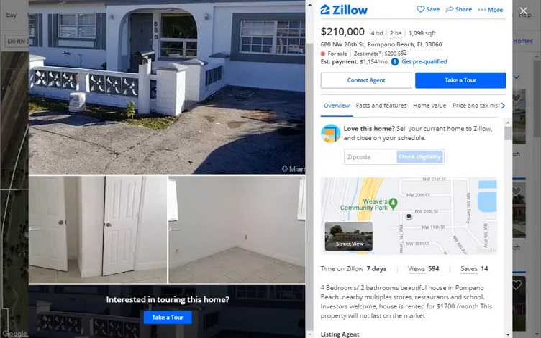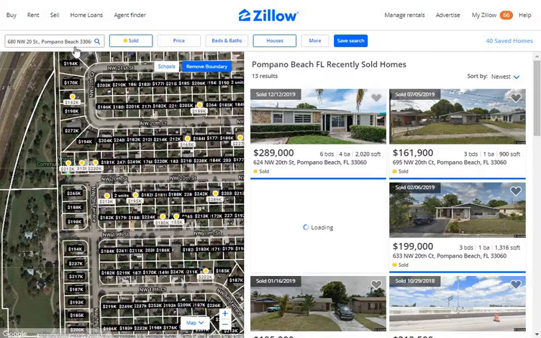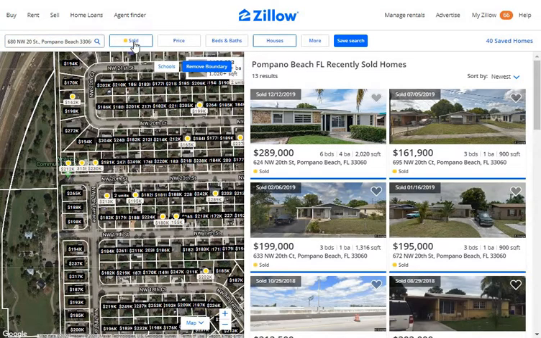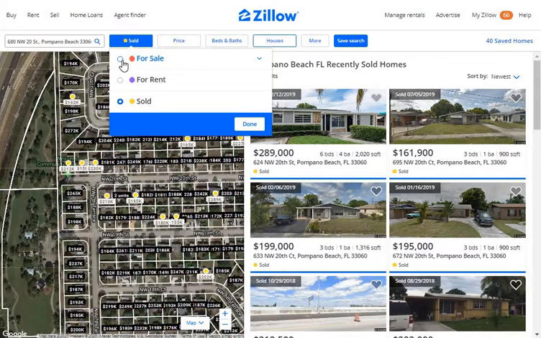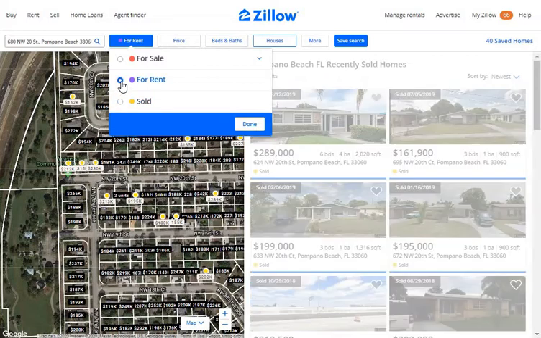But I'm not going to use this estimate. We're going to use comparables. Let me show you how to do that. I'm going to click the X. It's going to take me to this screen. Make sure your address is in this box. Right here, they give you the option to look at houses for sale in the neighborhood, houses for rent, and houses that have sold. We're just going to look at houses that have sold in this neighborhood. So I'm going to make sure it's on sold,